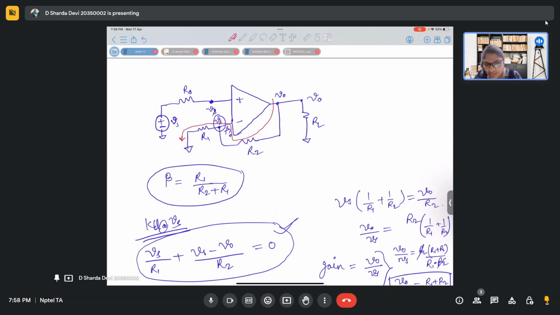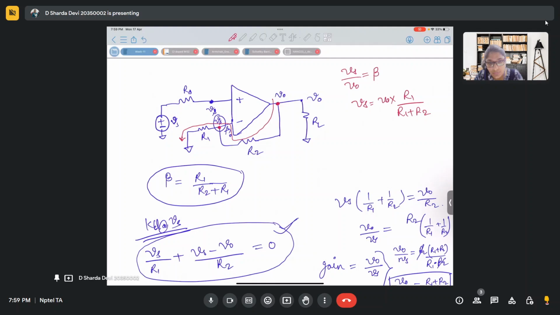This is actually the feedback part. If I say Vs by V naught will give me my beta, that is the feedback factor, right? So, if I am here and I want to write, okay, this is V naught, and this is Vs. So, if I write Vs in terms of V naught, how will I write it? V naught into R1 upon R1 plus R2,